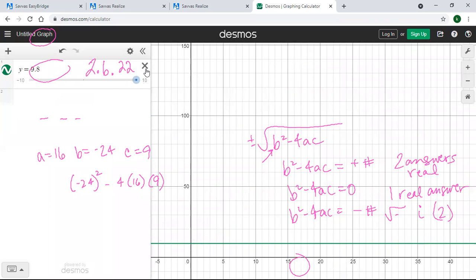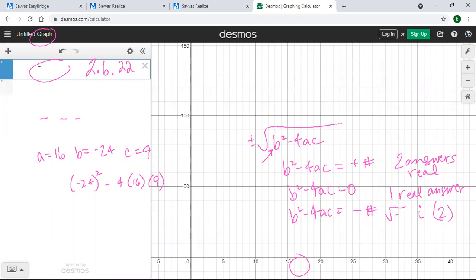Let's take this stuff out of here. Again, I've got the negative 24 squared, and then minus 4 times 16 times 9. And it says that's 0. So if that comes out to 0,